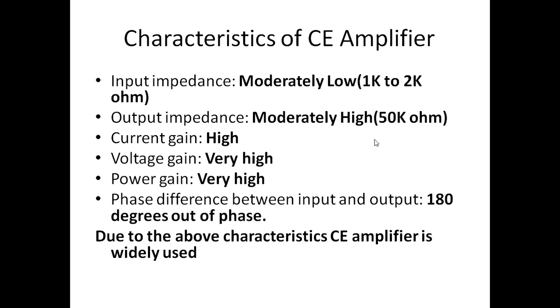Okay. We already discussed the characteristics of the common emitter amplifier in the previous semester, in semiconductor devices. These characteristics of the common emitter amplifier are calculated and also compared with other configuration amplifiers, that is, the common base amplifier and common collector amplifier. From this we conclude that the common emitter amplifier has better characteristics than the other two, that is, common base and common collector.